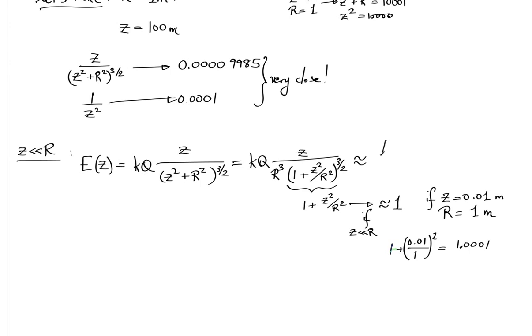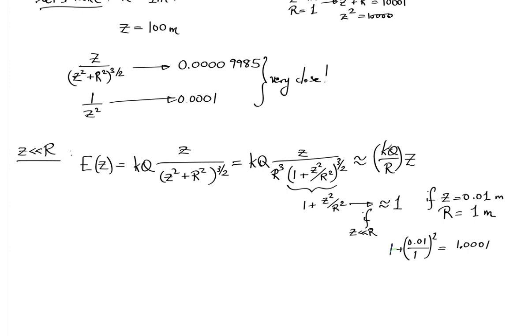So we'll get an expression that looks like this: kQ z over r. All right. And so what we can see now, going from this expression where it's not entirely clear how z will behave when z is much less than r, is that after looking at this quantity and seeing that it's really close to 1, it looks like it's going linearly, right? So as we get very close to the origin, when z is much, much less than r, basically the electric field is going linearly. This is just a constant, kQ over r,